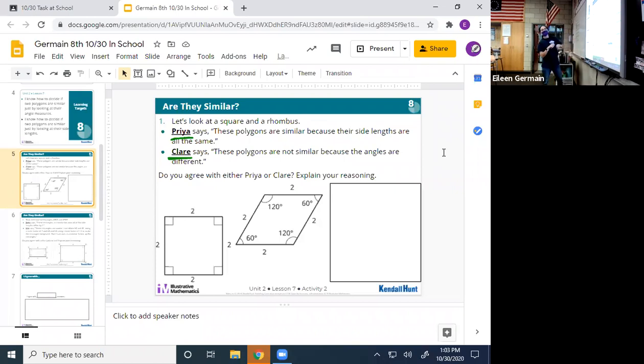3 Claires. Yes. So we have three Claires, okay, and Priya. Someone said I kind of agree with, I don't know who that is. I kind of agree with, let's see what Gabby thinks. She kind of agrees with Claire. Good, okay. Okay, Kaylee, what do you think? Who do you agree with, Claire or Priya? Okay, Alyssa, who do you agree with? Claire.